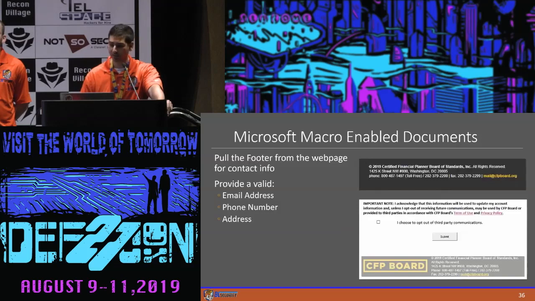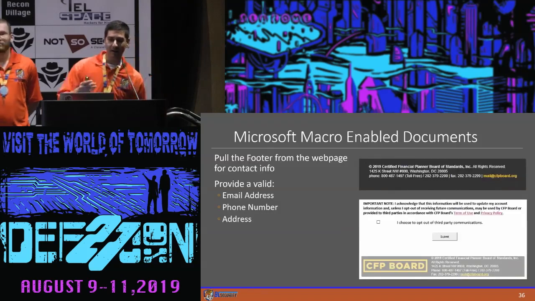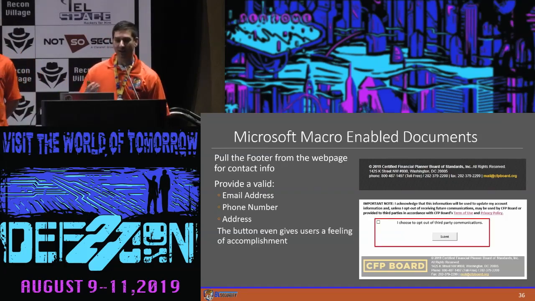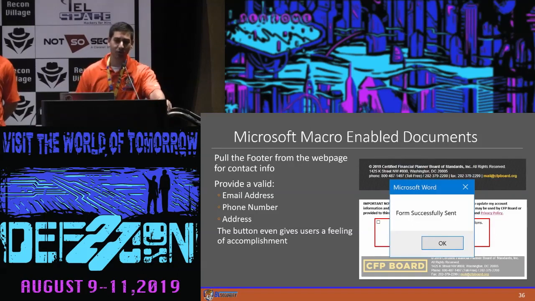And then finally, after we put all the information in there, we wanted to give some feedback to the user, so we put a submit button in there. When they click on it, it actually doesn't do anything. All it does is tell them, hey, look, your form was sent. But at least that way, when they put in all their information and hit a button, they get that good feeling that at least they accomplished something.